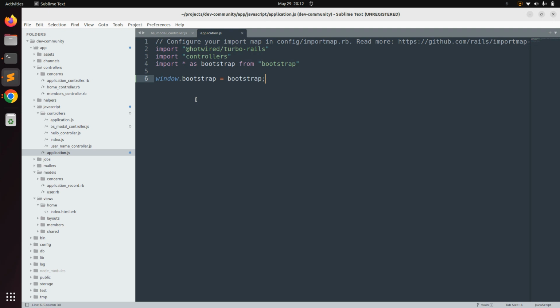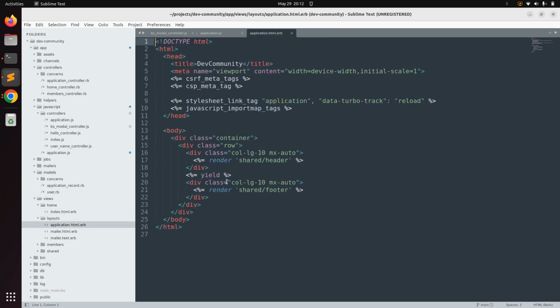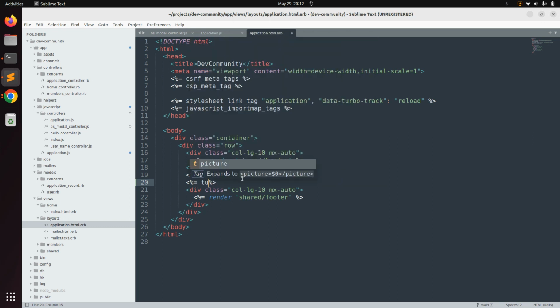This can be opening a form in a bootstrap modal, or it can be displaying any dynamic or static read-only content. So open the layout file, and after the yield statement in the layout, go to app views layouts, and here you can see that after the yield statement you need to define a turbo frame tag. Just do it in the Rails tag, so turbo_frame_tag,